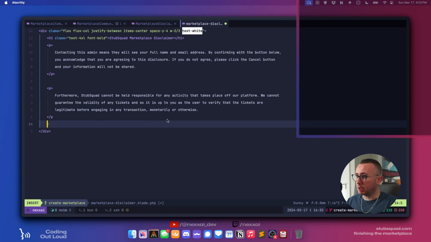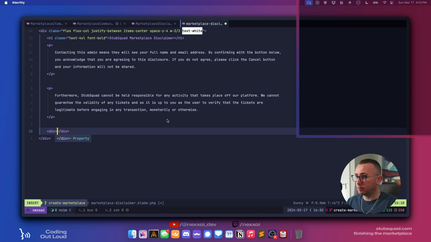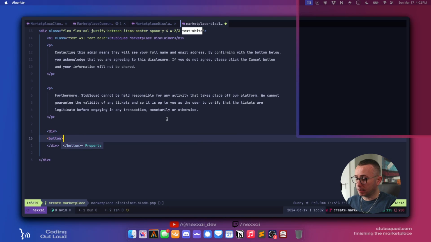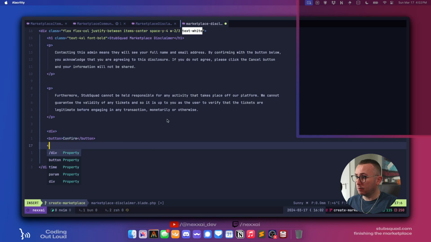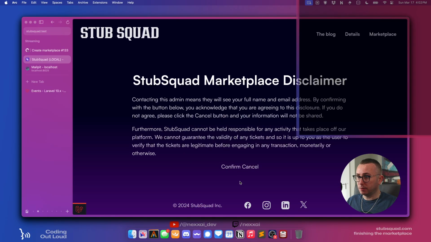So we want to say div, and we want a button that says confirm. We want a button that says cancel. Yep. Look at those beautiful buttons.